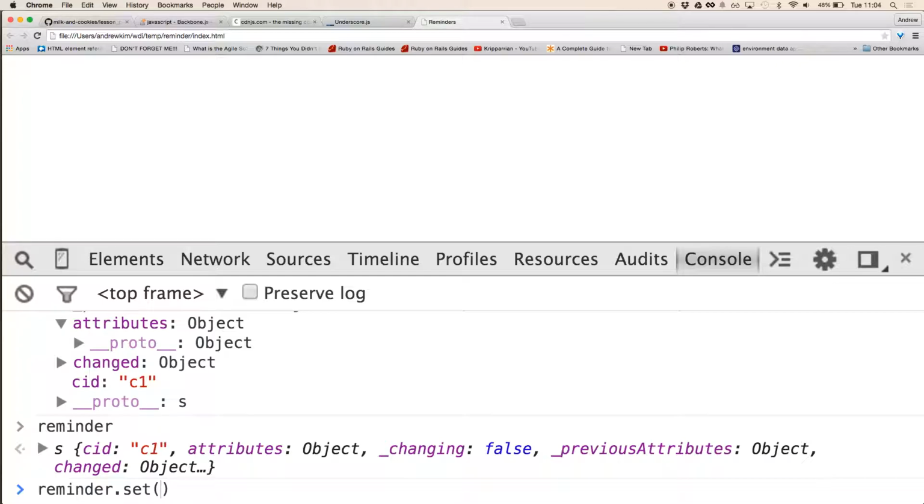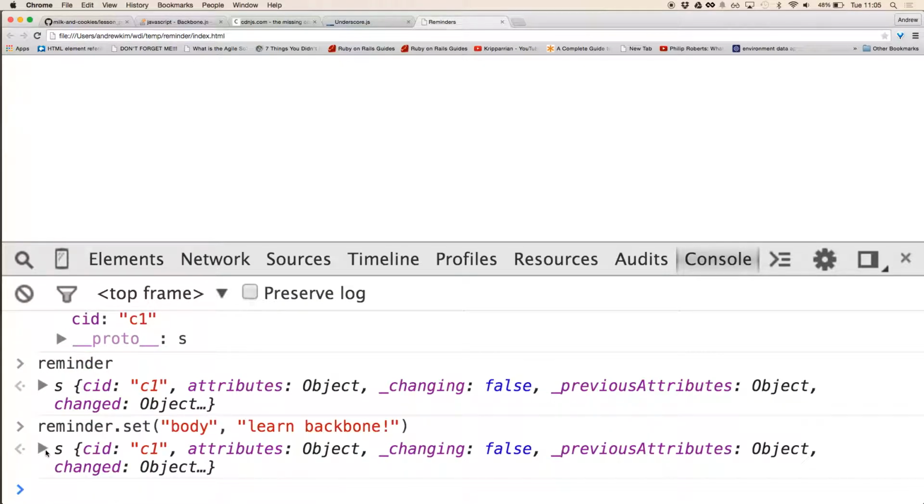You can pass in an object with a whole bunch of key value pairs, or you can pass in two values, the first being the key and the second being the value. So if I do body, and then I pass in learn backbone, like this, and I hit enter,